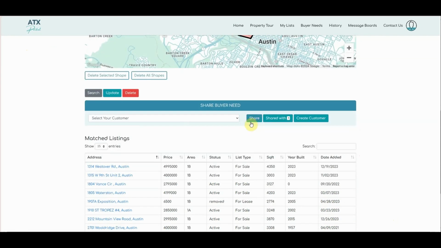Now that person just received an email on their login and that they've been added to the system by you. And they've also just been added to a buyer need. So they'll get a second email that they've been added to a buyer need. Okay, so now they have a login. So when they click on the button that you want to share a buyer need with, it tells them to log in. They use the username and password that you created for them, and they see the buyer need, the